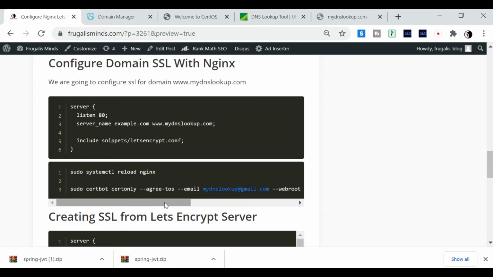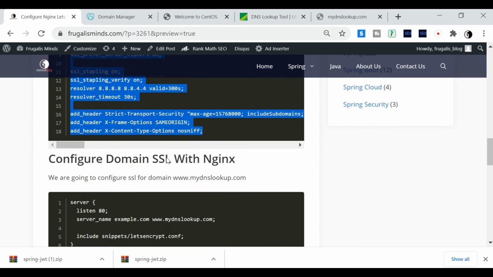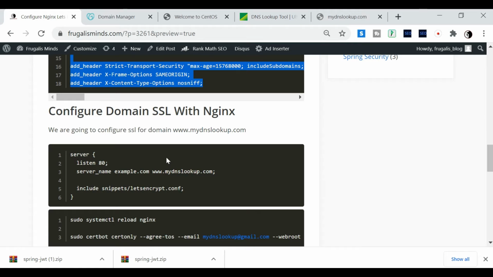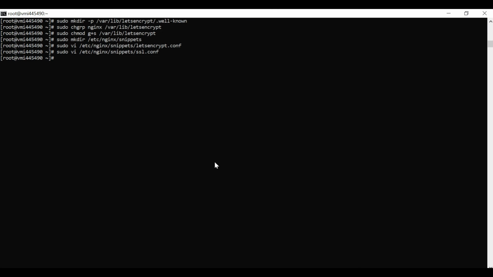Now this is the important part. What you have to do is navigate to cd /etc/nginx/conf.d. You have to create a configuration file based on your domain name.